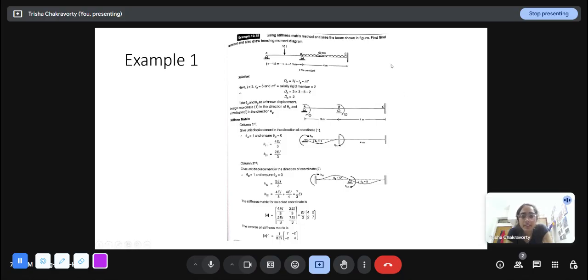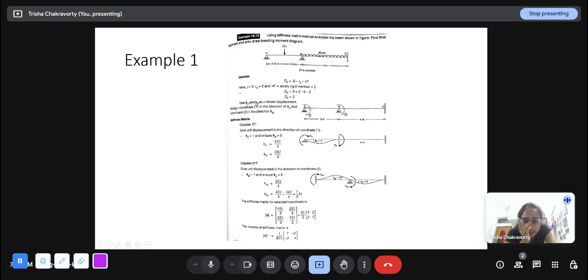So this is a continuous beam. This has one roller support, and one fixed support here. So J is 3. There are 3 joints. And the number of reactions is, there is RA in vertical direction, RB in vertical direction, and RC in vertical direction, horizontal direction, and there will be one moment. So 3 here, 1 here, 1 here. So RE is 5, and the number of actually rigid members are 2. So M dot double dash is 2. So DK is 3 into 3 minus 5 minus 2, that is 2.